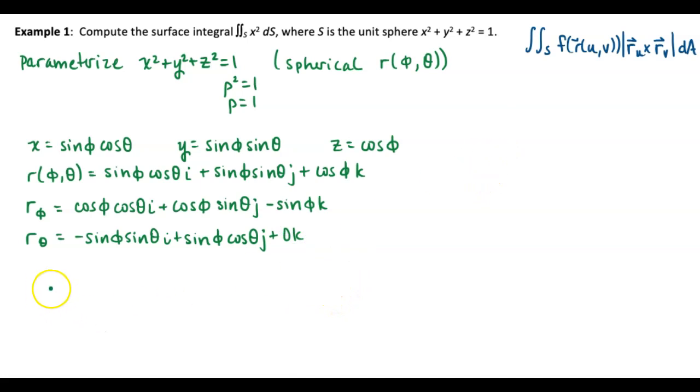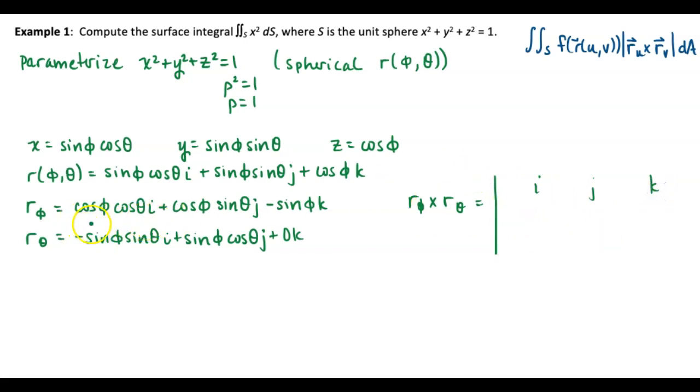And now we can write our cross product. And so this, and let's do the magnitude next, but this cross product of the partial with respect to phi cross partial with respect to theta is going to be, and let's draw this determinant here, so i, j, and k values,